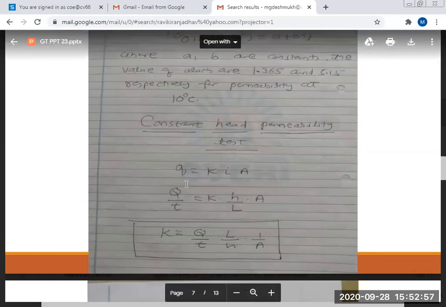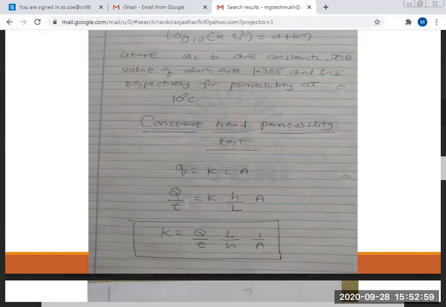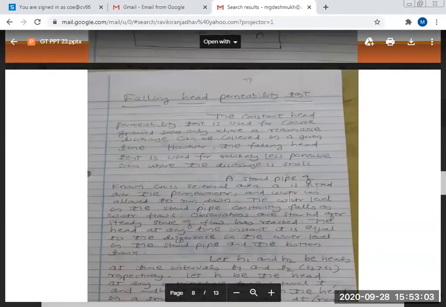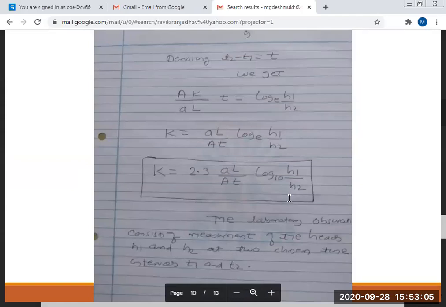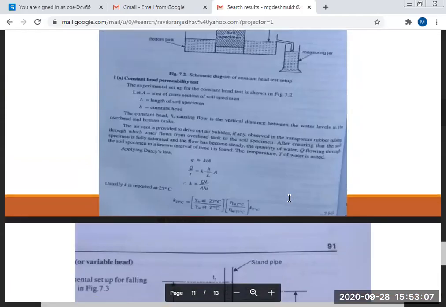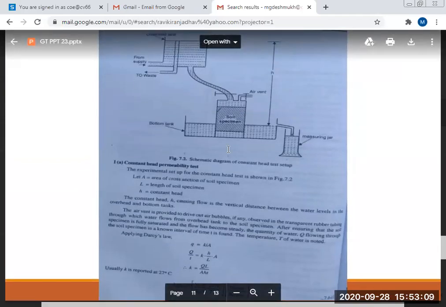One of them is on this one. One of them is on this one. Got it? So this is all about the constant head permeability test. Nothing else is there. So just a short figure is there. And the only thing you have to find is the capital Q, because head is already measured.